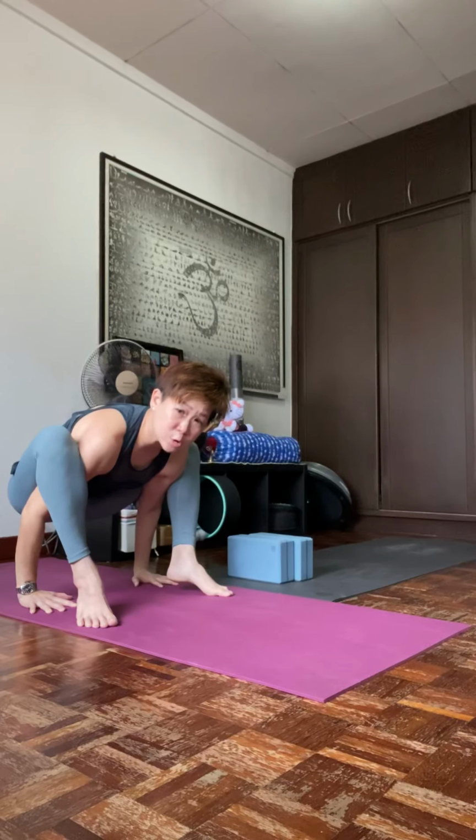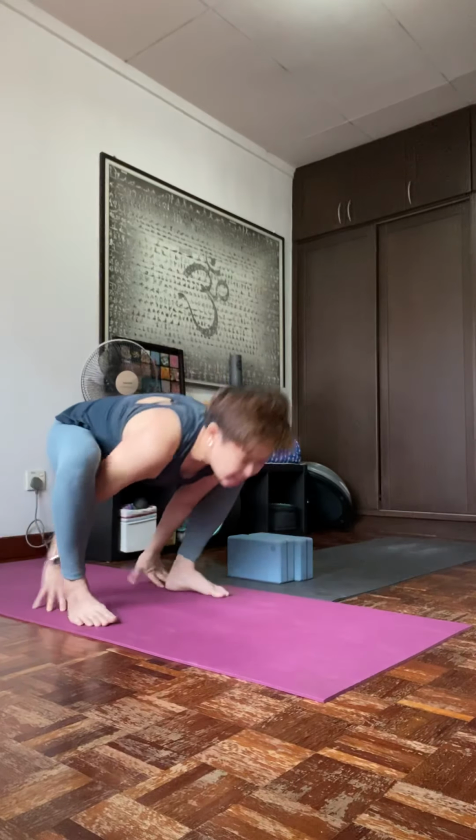Maybe lift your heels off the floor. Lengthen the chest. Every time you exhale, draw the lower belly in. Pelvic floor lifts and squeeze. Release and come back to the squat. Okay,